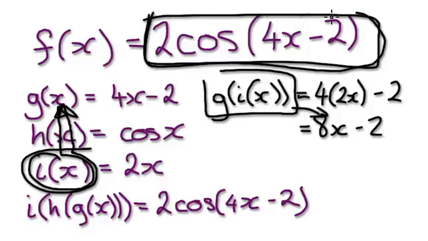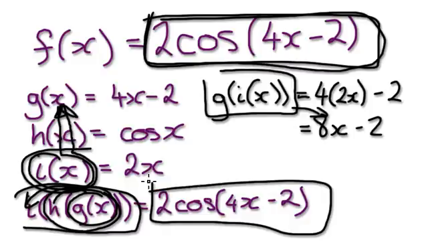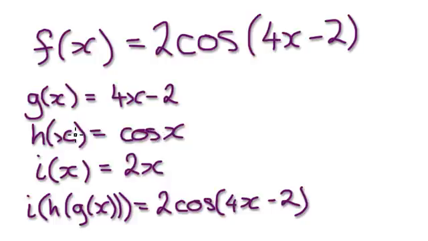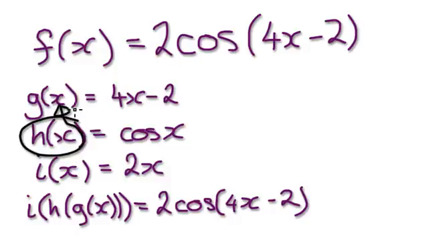You see, in order for you to create this, you have to do it in this order. You've got to put the g of x into the h, and then put the combination of the two into the i, in order to create this. But if you change the order around, then you would get something else. Okay, so here if you were to put, let's say, h into the g, and then put the whole lot into the i, it will look weird. It will look totally different. So now we're going to put h into the g, okay, and then the whole lot into the i. So the i would be on the outside. So i bracket